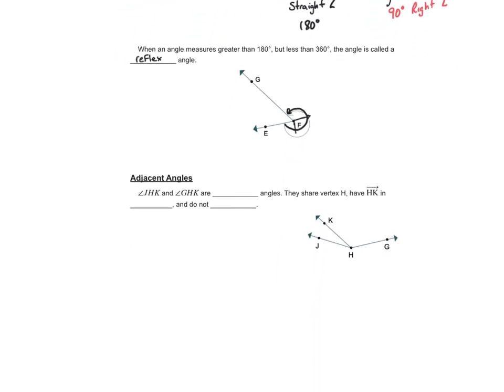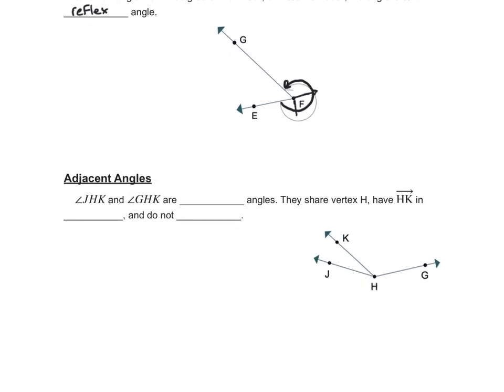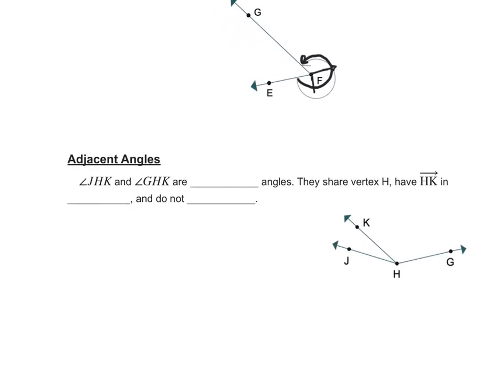Now continuing on, as we talk about these angles, we're going to talk about adjacent angles. And adjacent angles are angles that are next to each other. So here if I look, angle JHK, this angle right here, and I'm just going to shade in the inside of it. So this angle, JHK, and GHK,